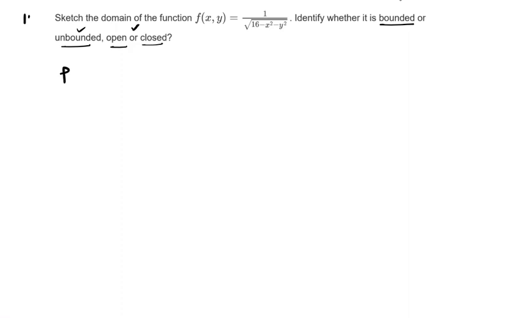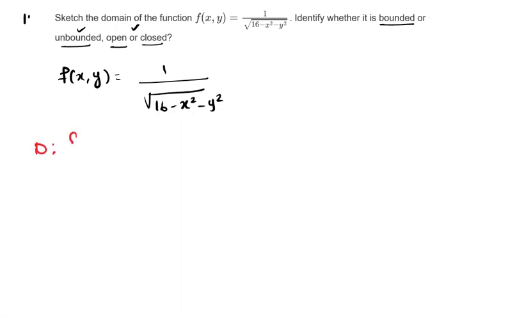Okay, now what is the function that is given? f of x y is equal to 1 divided by root of 16 minus x square minus y square. So the denominator has a square root here. Whenever you see a denominator in the form of a square root, we can take the values greater than 0 for the domain of the function. That is,